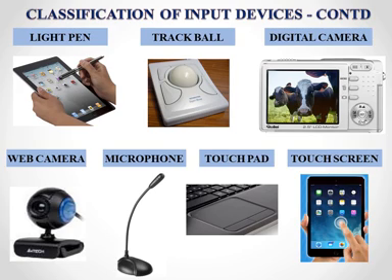Okay. The next one we are going to learn about is the trackball. What do you mean by a track? A track is the one which says which track the train comes on or which track it goes on, the track in which we have to go. The same way, this is a trackball, which is similar to a mouse.